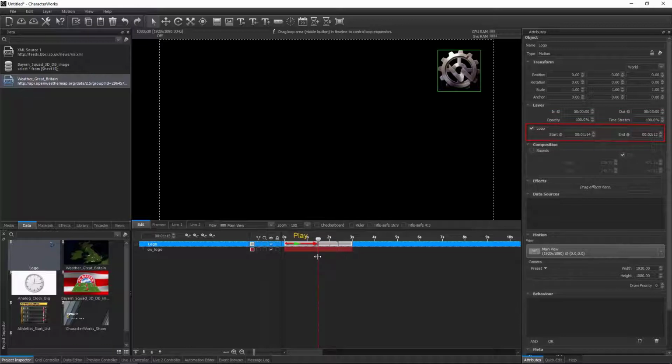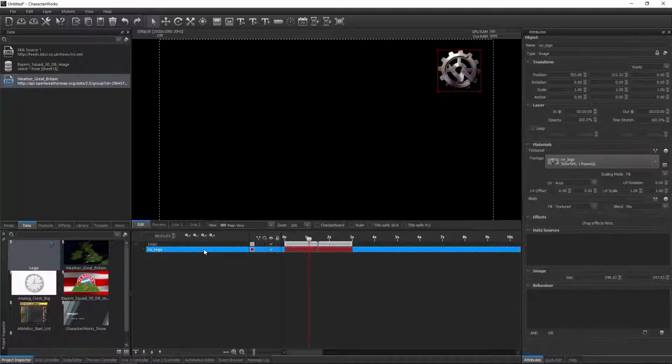Once it reaches the end of the loop, it will jump back to the beginning of the loop. The motion will keep looping until the finish signal is given. When that happens, playback will complete the loop. Then, it will continue into the section following the loop, running until the end.